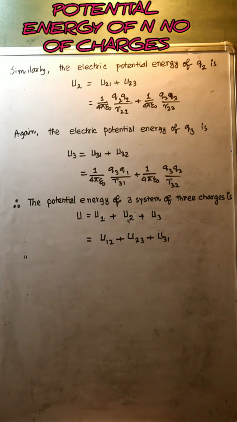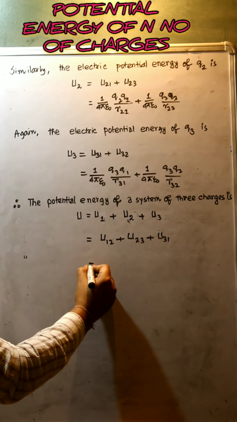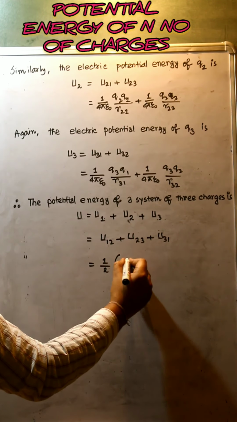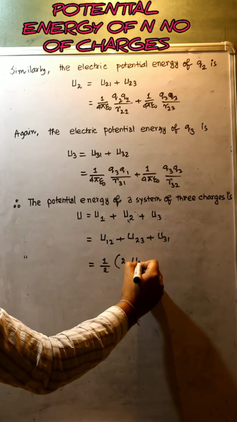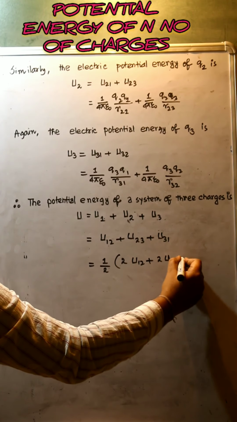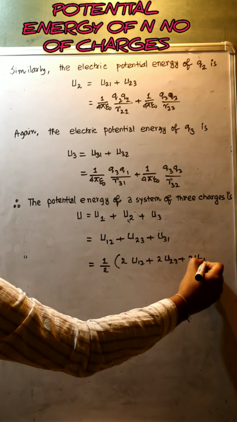In this case we have to consider only 3 energies. Now it can be written in this way: half of 2 U12 plus 2 U23 plus 2 U31